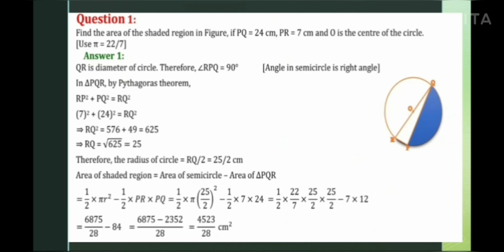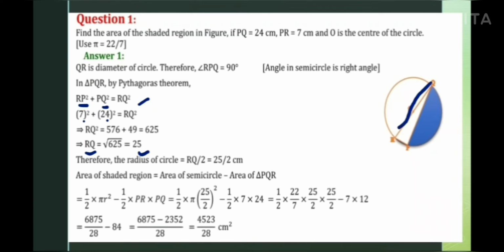That means AB is equal to BC is equal to CD is equal to AD is equal to 14 centimeter, and these two are semicircles. So you can easily say that the diameter for both of the semicircles is equal to 14 centimeter, because AD is the diameter for this semicircle and CB is the diameter for this semicircle. So the diameter for both semicircles is 14 centimeter, means radius is equal to 7 centimeter.